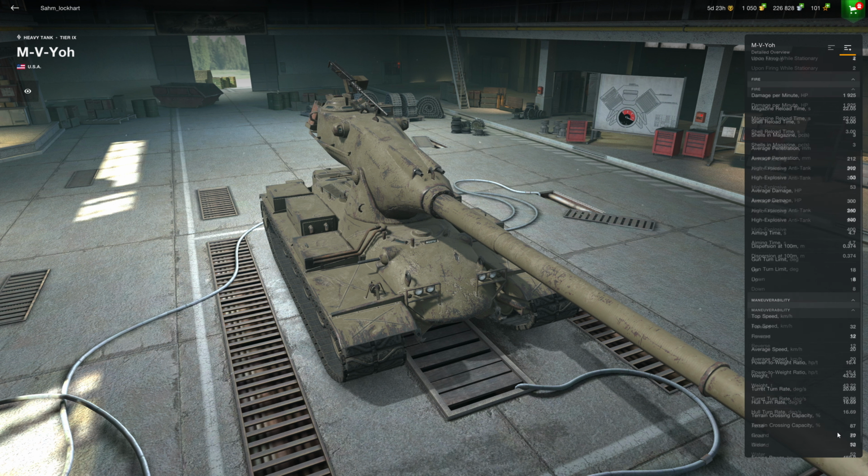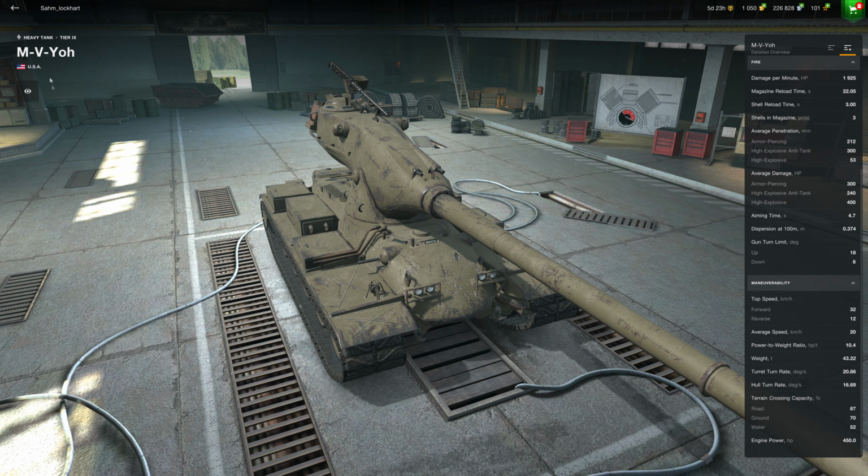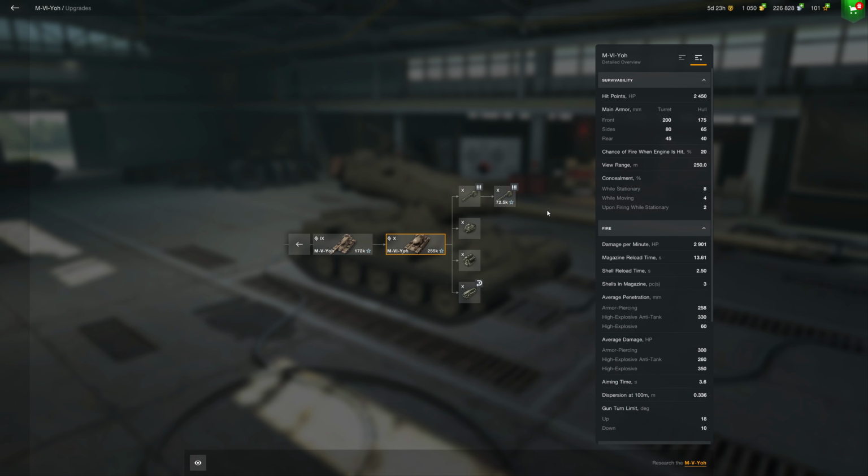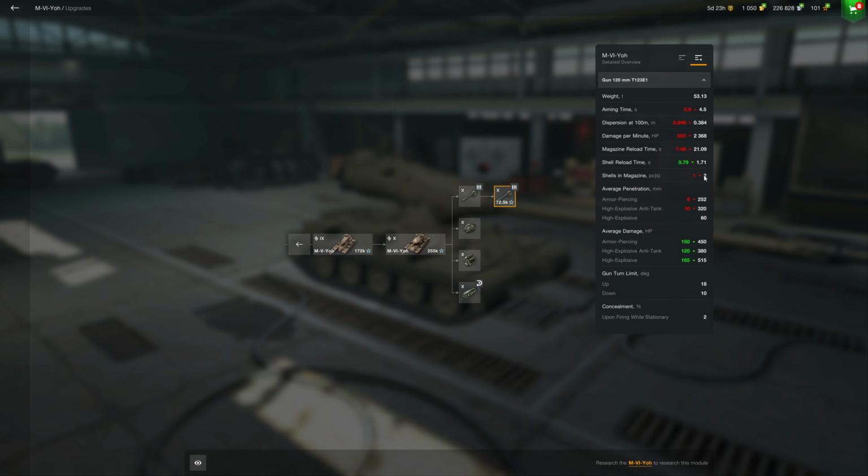God. Alright, we're not here to take a look at the Yoh tanks. We're here to take a look at fancy vehicles. So obviously the stats are different, so nothing to write home about, but alright. Does the tier 10 get an autoloader? That's what we're concerned about. Shells in magazine 2. It's not 3. So it has an autoloader, but it's a 120 autoloader with 2 rounds and